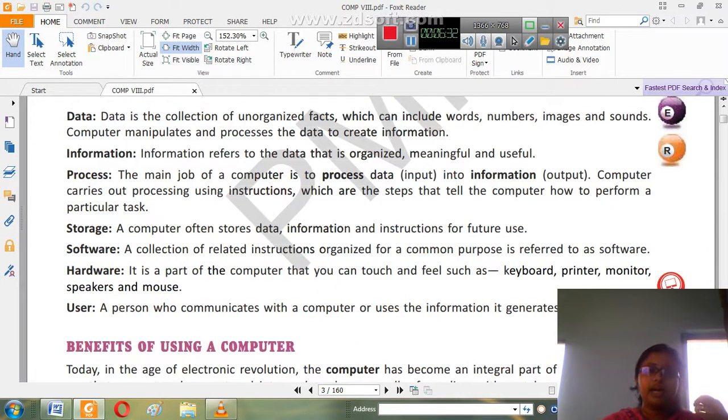And then we have the user, like me, like you, so anyone who is using the computer, that end person is called a user. Many times users are also called end users, because they are sitting at some terminal and then they are using it. So this is all about the computer and its terminologies. And you have also understood the working principle, that is your IPO. So that working principle is very important.